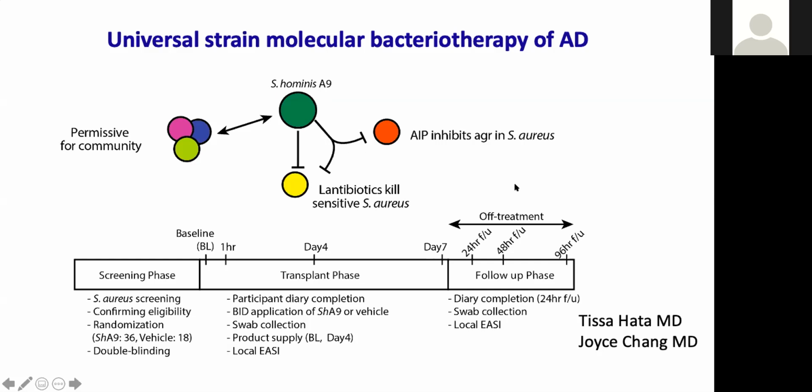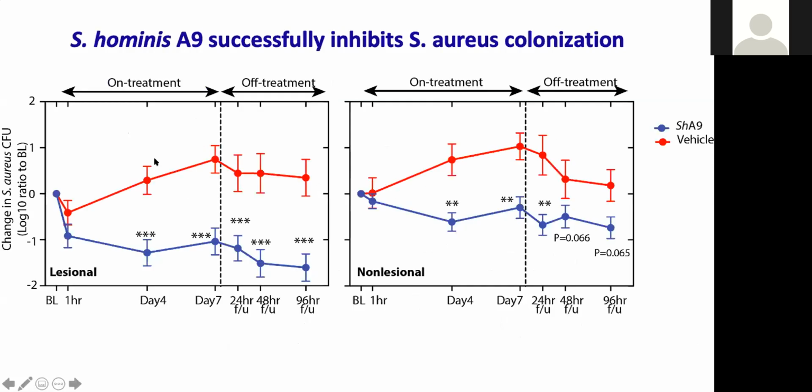But since hominis did all these good things, we couldn't help ourselves to also take some swabs on these patients and make some measurements to see if, besides being safe, it is good in other ways. If you look at the Staph aureus colonization, it worked very, very well. On both lesional and non-lesional skin, we reached high significance at day 4 in these populations, in both San Diego and Denver. It dropped the Staph aureus as we did in autologous treatment. That works well, and I'll tell you, much better than the published studies for topical pharmaceutical antibiotics, which over time, in most cases, do not show any drop in Staph aureus,